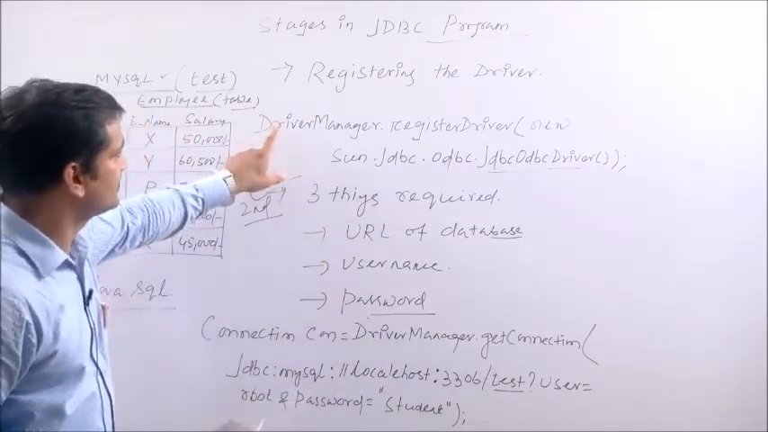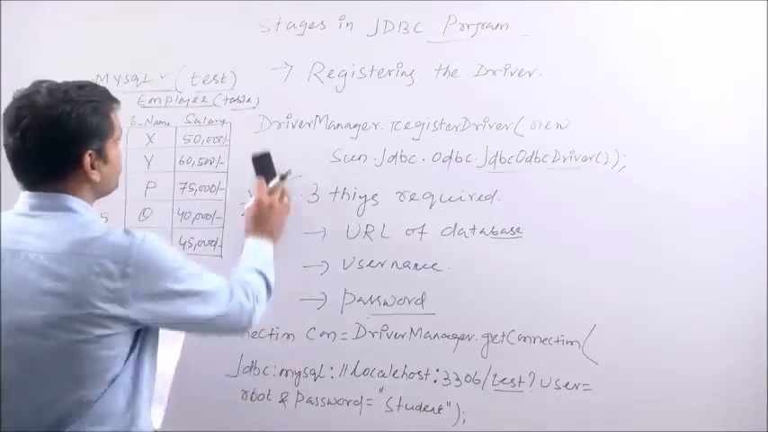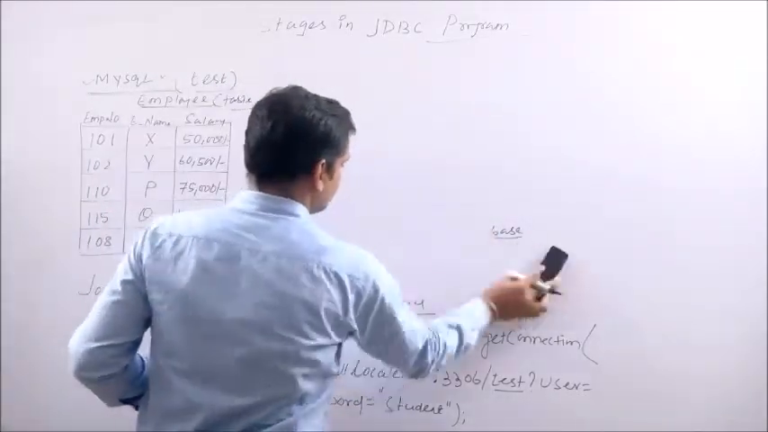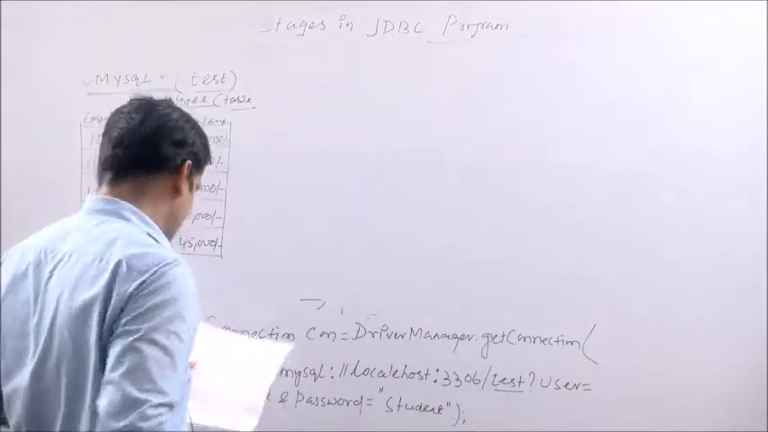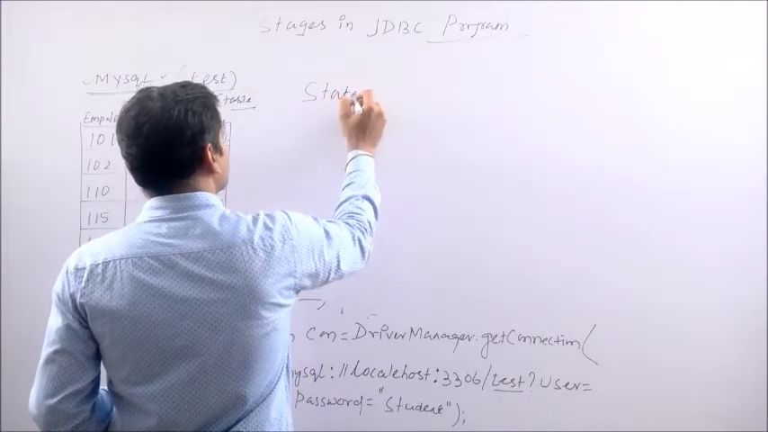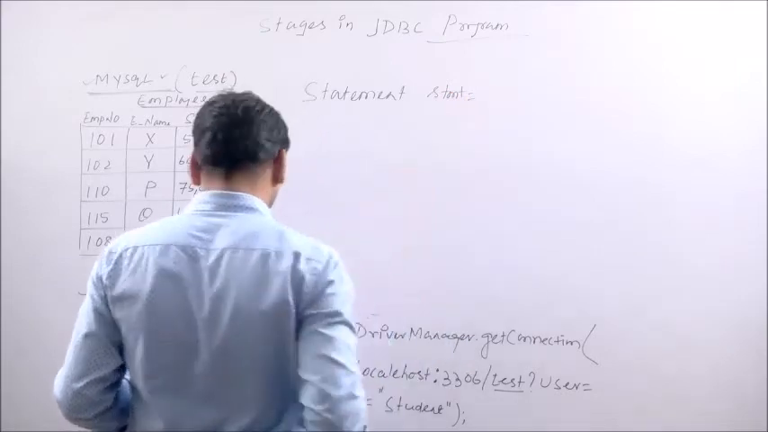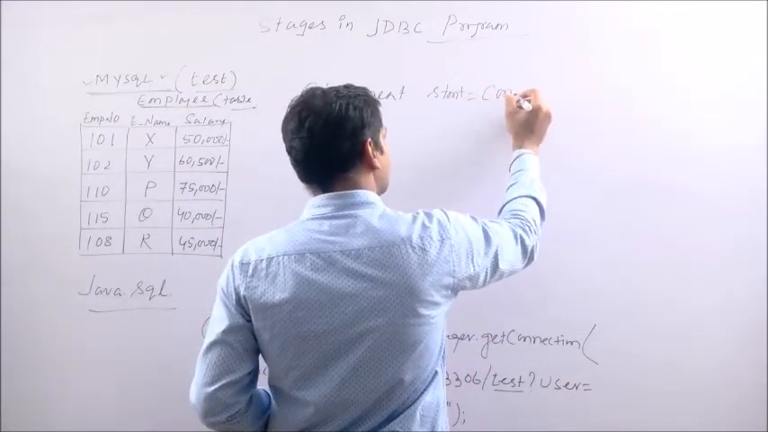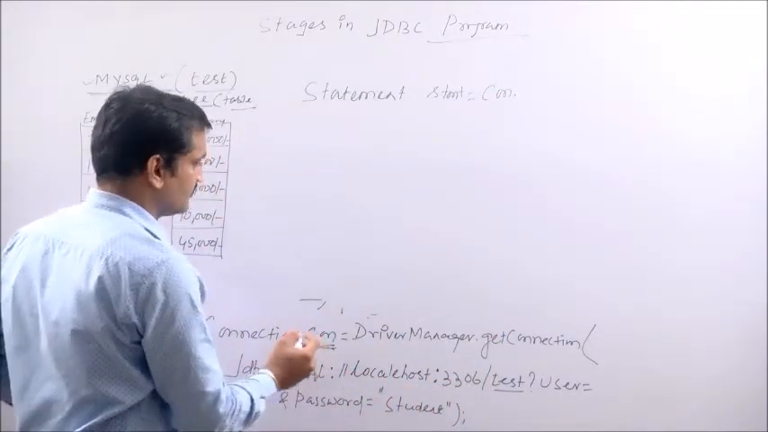The first step, registering the driver, then this is the statement for connecting to the database. After connecting to the database, the next stage is preparing the SQL statement. How does a statement look in this stage? There is a class Statement, of which we create one object, stmt, to prepare the SQL statement, and we use the connection object we have created in the last stage,